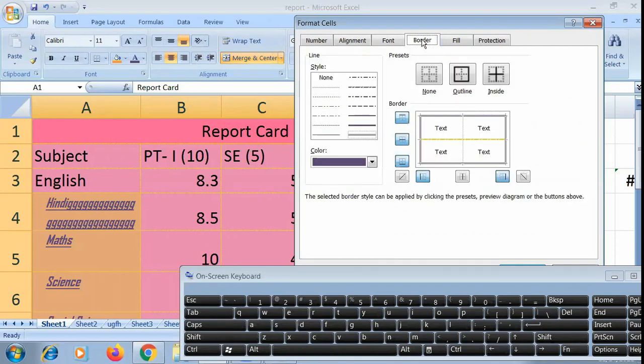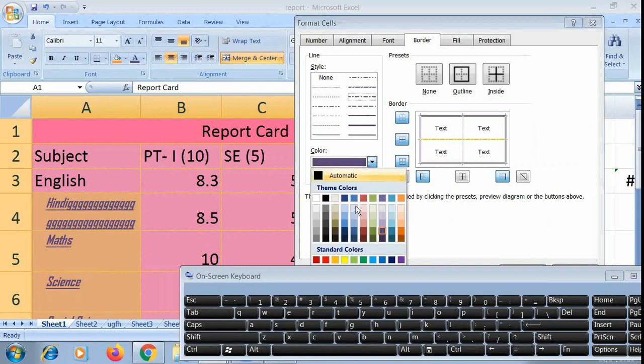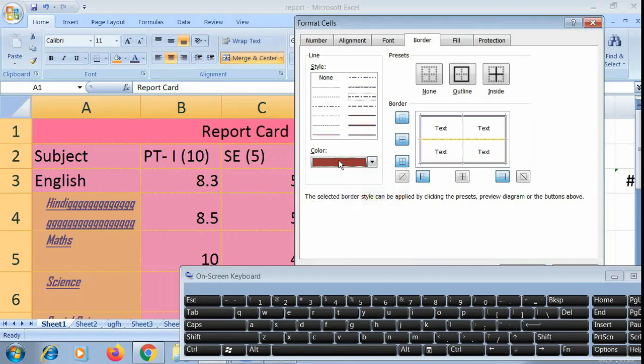So we will click on the border tab, and from here we can select the border style. We can select the color for the border. And we can click on inside border. It fills inside. As you can see in the preview, the style that I have taken is appearing at the center only.